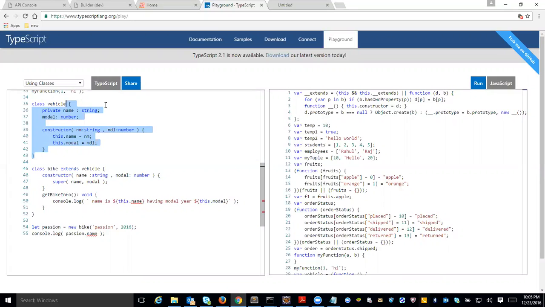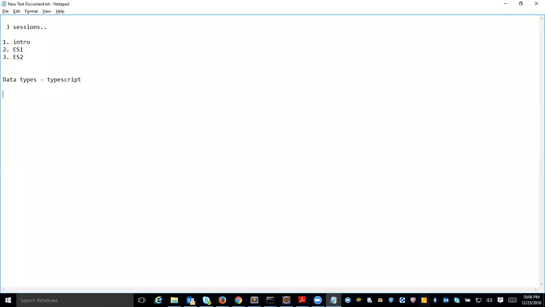Okay, next is protected. So what is protected? Protected means this name property cannot be accessed from the outside world unless somebody inherits the vehicle class. Okay, so if I say public means accessible everywhere, then private,